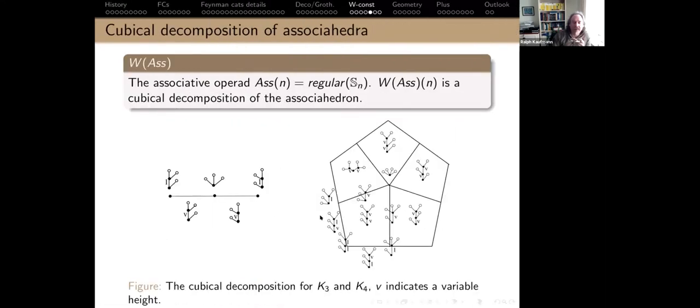The next one I want to do is sort of the icosahedron, and that gets into a little bit of the plus construction, which I want to get to. So I might have to go 5 minutes over because I was under the wrong impression. But here's the plus construction. You know these wonderful things, how to construct Stasheff polytopes by cubical subdivision. And this is important because this is the W construction, and that gives you something cubical. And then you have to consolidate a few cells to get the Stasheff polytope.